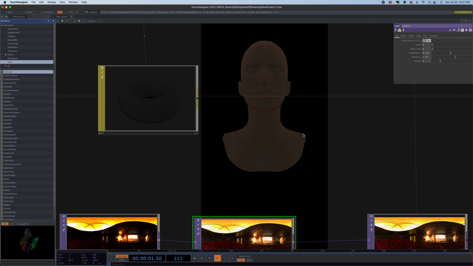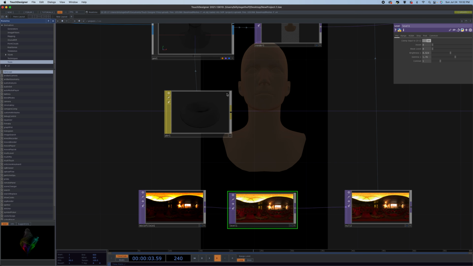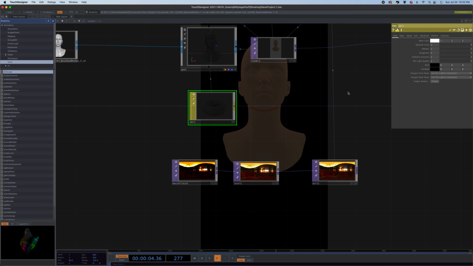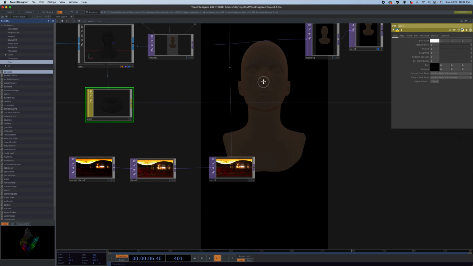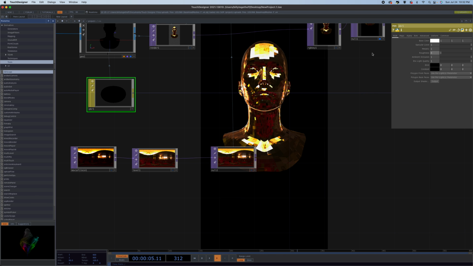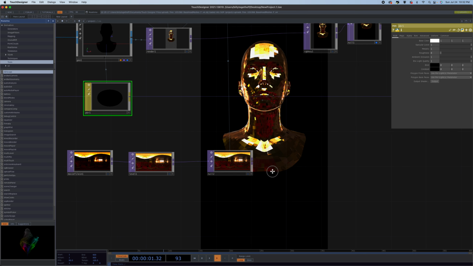Okay, so we have our environment, we have our environment map. This is already tracking onto there, but as you can see, this is not. It's just sort of changed color. It's not reflective. So the easiest way to do this is to just come into PBR and take the roughness all the way down to 0. And there you go. We now have a nice reflective texture, and it